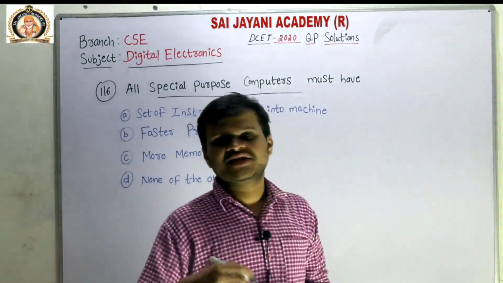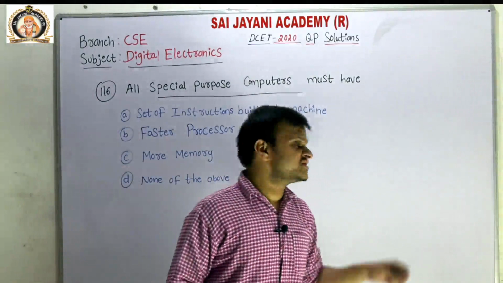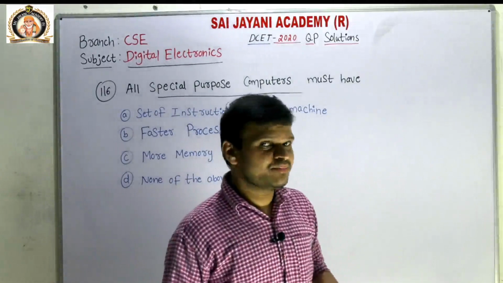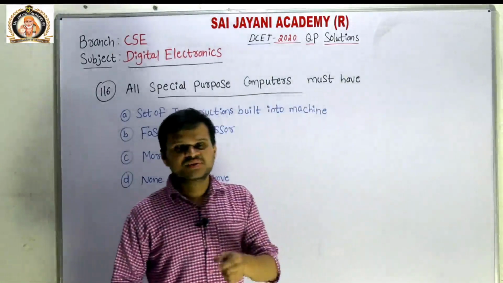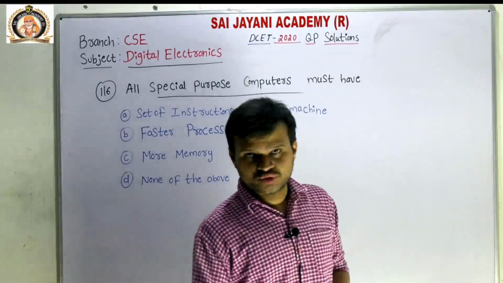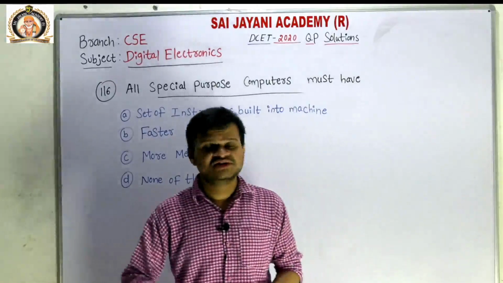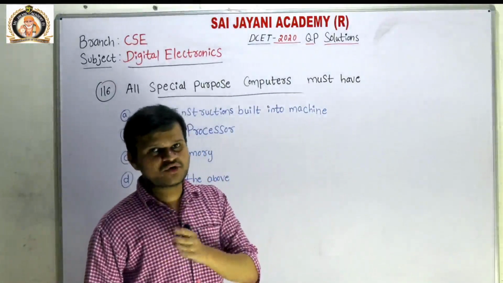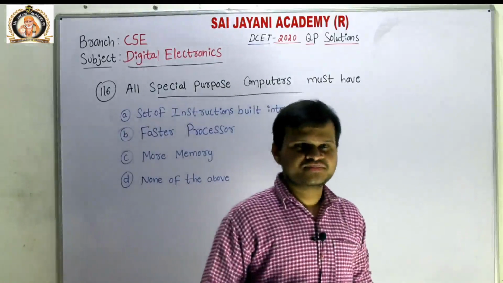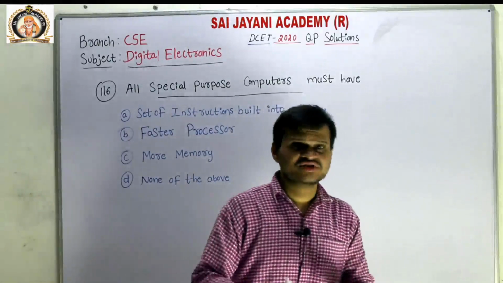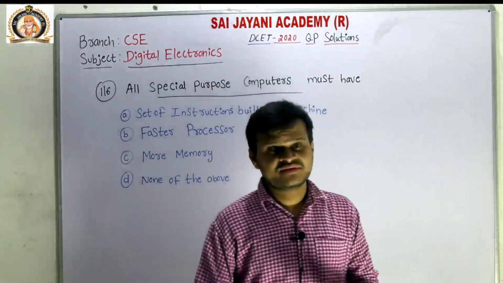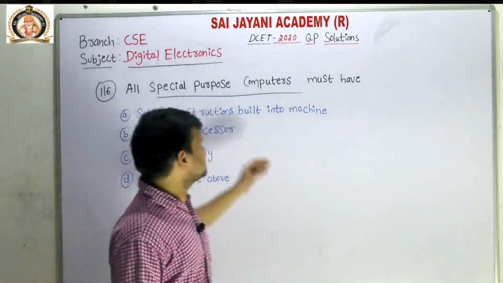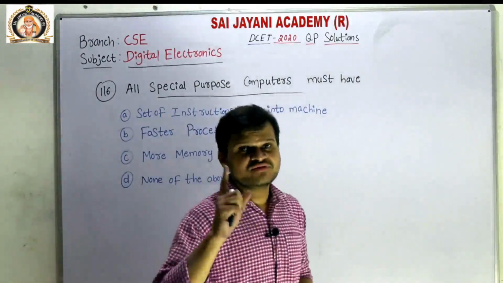General purpose computers are mainly used for different functions. For example, general purpose computing systems are notebook, desktop, laptop, smartphone. These are all examples of general purpose computer systems. Why? Because by using a smartphone we can watch videos, play games, and surf the internet. We can do many functions. But in special purpose computers we can do only one function.